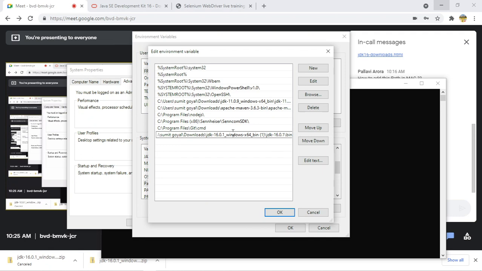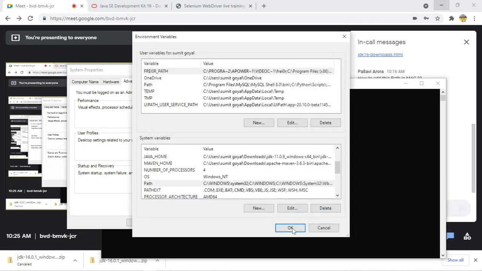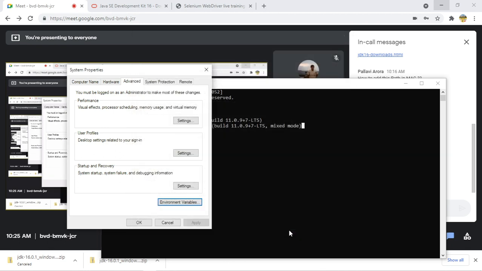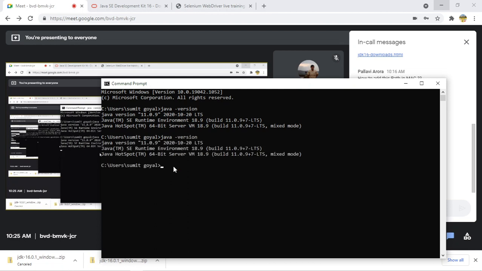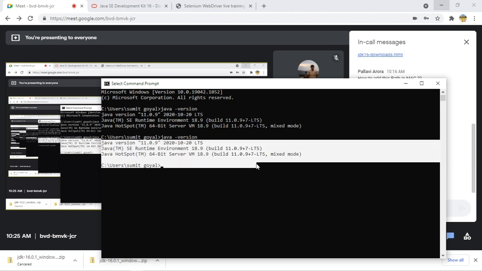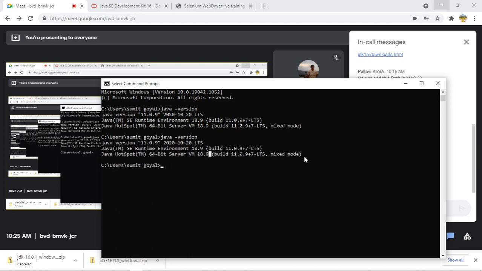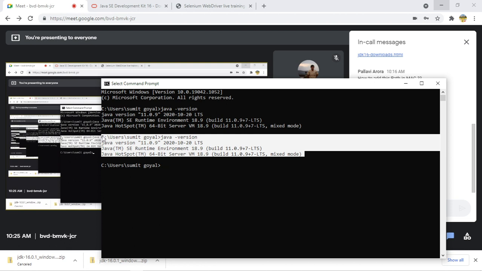So paste this path and click on OK. I will not click OK because I already have this path here for some other version. So let me click cancel as of now and then save everything. Click on OK, then open the command prompt and type java -version. Now you see Java is present in your machine. So this is what we have done in the first step, which means installing Java.